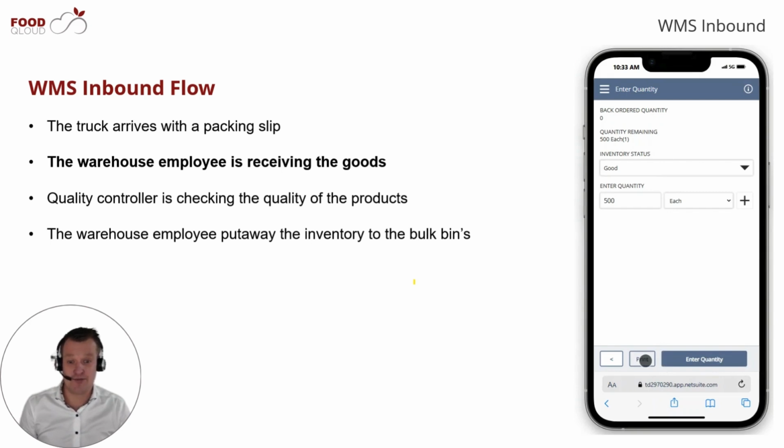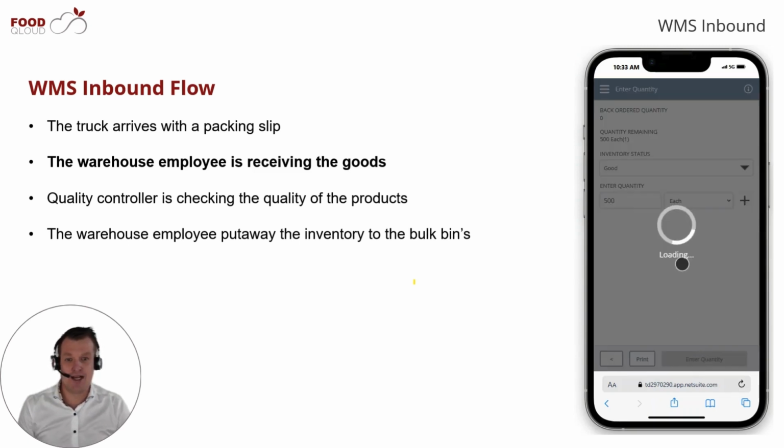Also, you have the print functionality. It's not a part of the demo, but via a connection, you can immediately send prints to the printer. You can also change multiple units. So I can receive cases of 12, or cases of 24, but for the demo, I only want to receive 500 each. I enter the quantity,